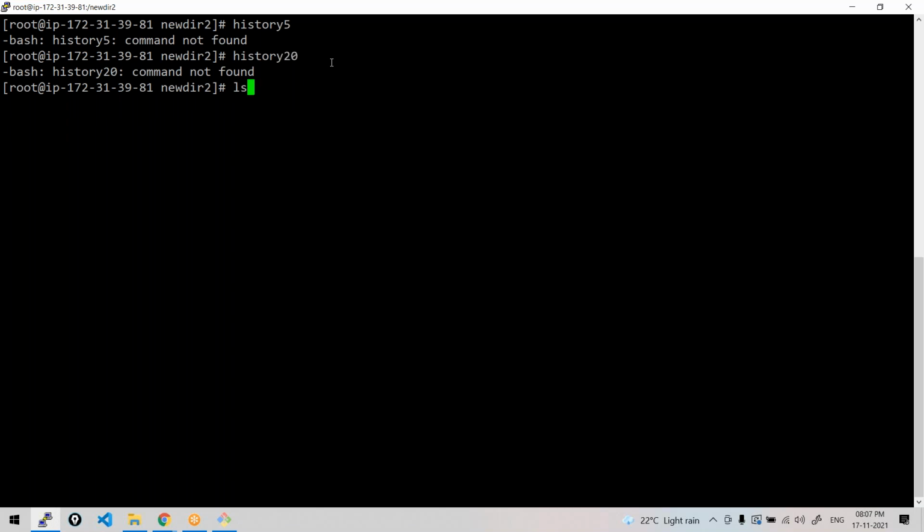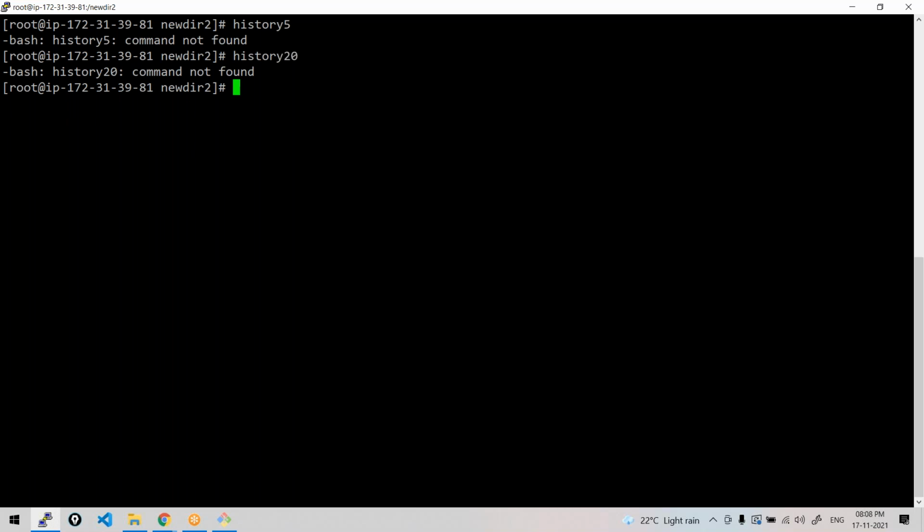If you want to go down, like if you want to scroll through the history of commands, use up and down arrows. Understood what I'm saying? These are all simple things to manage your previous commands, to check the previous commands.